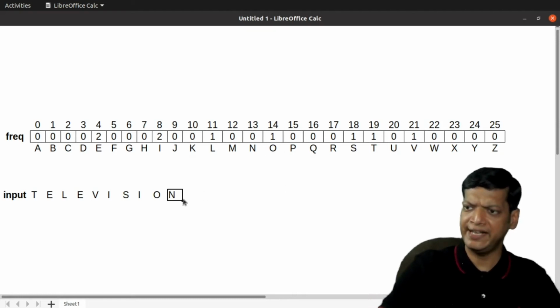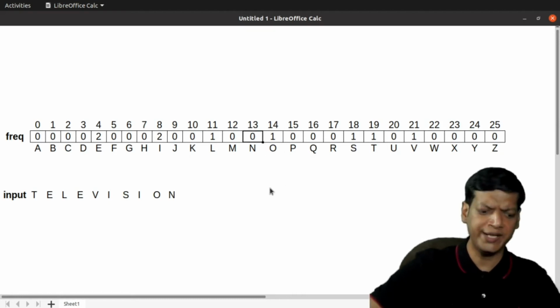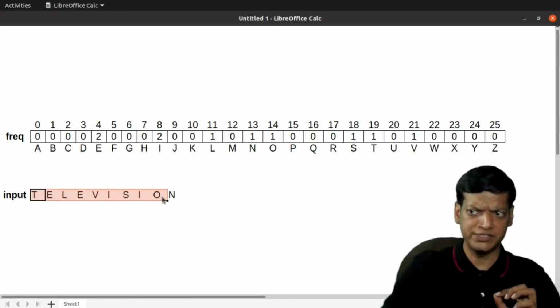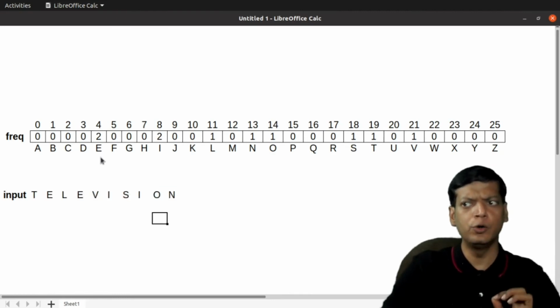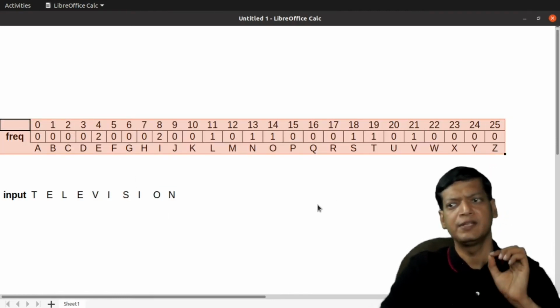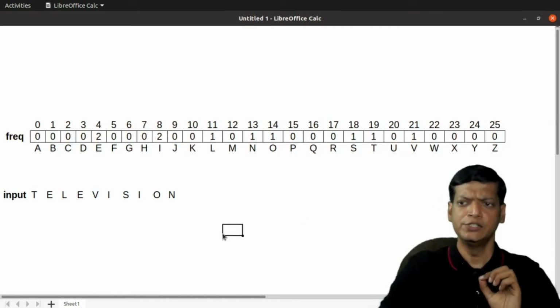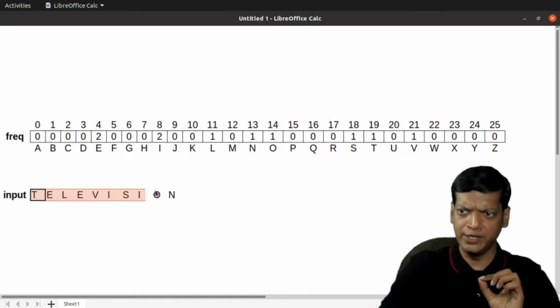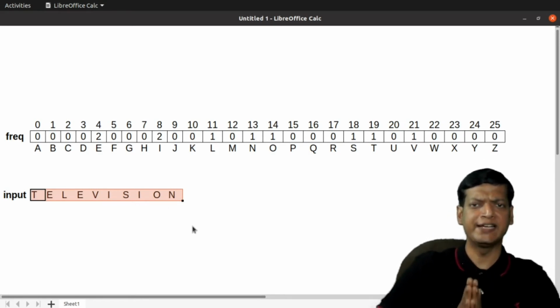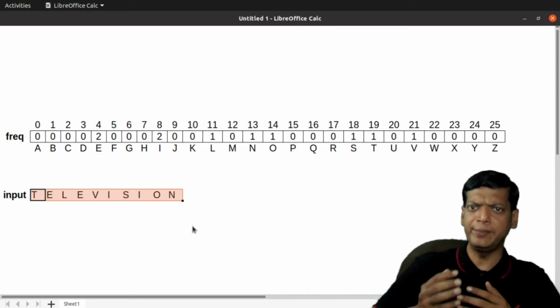And then we'll get N, and the location corresponding to N will become 1. So when the loop for the input, which is running for length time, is over, our frequency table will be formed in the array frequency. So if you notice, the loop is running only once for extracting the number of characters one by one. So this is actually a better approach.